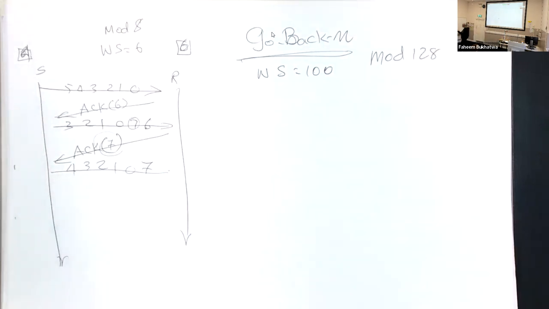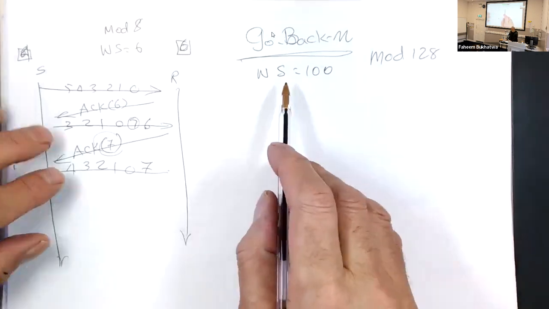What's the definition of a window size? Is it the number of frames that the sender can send? It's the maximum number of frames that the sender is allowed to send, the maximum number of unacknowledged frames. So the window size, don't say it's the number of frames the sender will send. No, it's the maximum number they're allowed to send before having to stop and wait for an acknowledgement. Right. So this system,